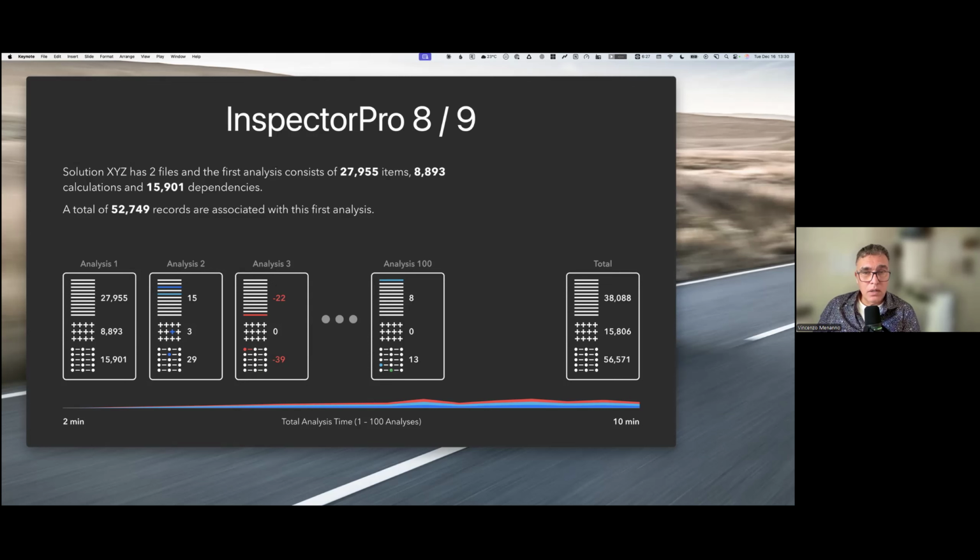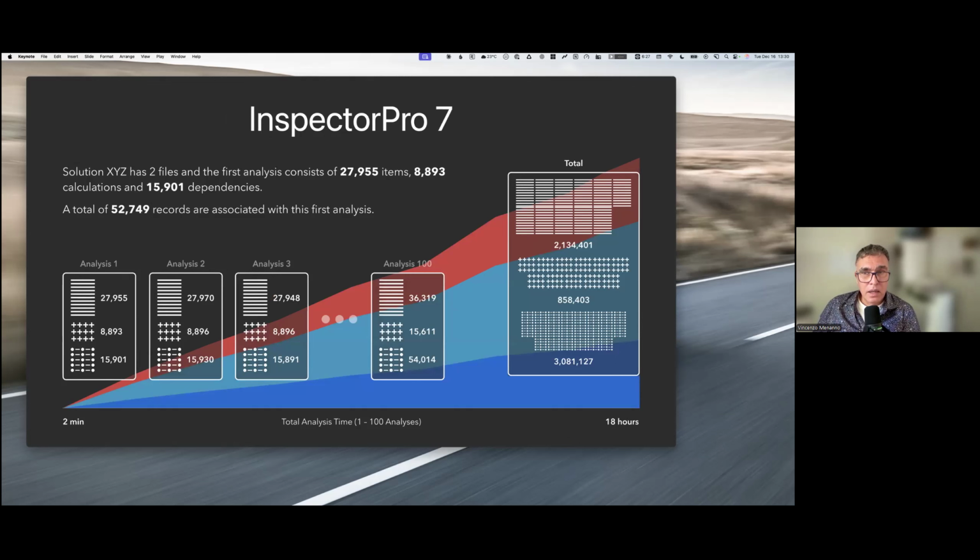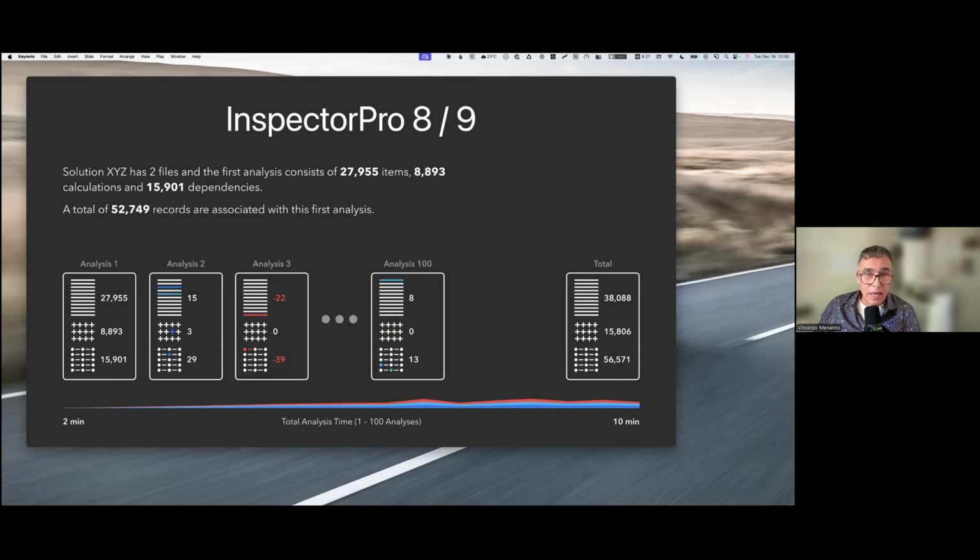So compare 7 to 8. If you had to do 100 analyses, it might take you up to 18 hours to get that done. With 8 and 9, you could run 100 analyses in one day. You're going to get it all done in 10 minutes. Every time you make a change, you run it, it gets out of the way, and you're back to work. So it's a game changer, especially in different situations where you need to document